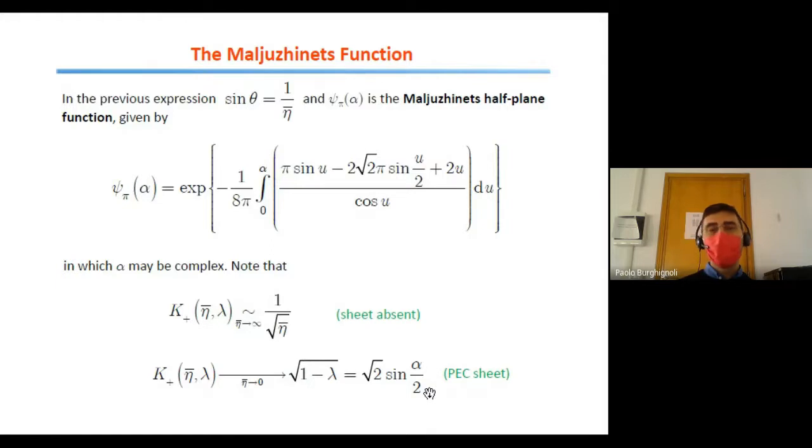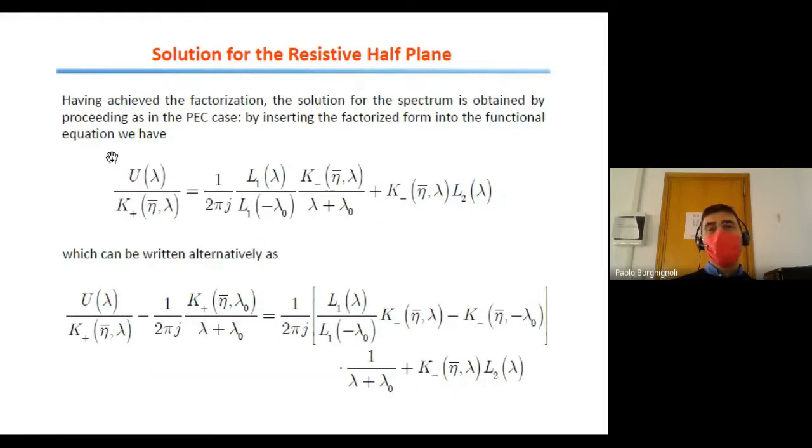Now, coming back to our functional equation, if we introduce the split form on the left-hand side, and we then take the lower split function on the right-hand side of the equation, what we get is this form here, which now contains only upper functions on the left-hand side, and on the right-hand side, we can see a bunch of lower functions, L1, K minus, L2, and a pole, which is a pole that makes the entire